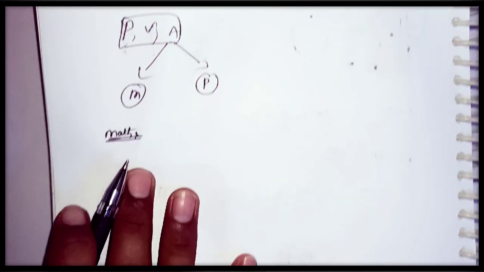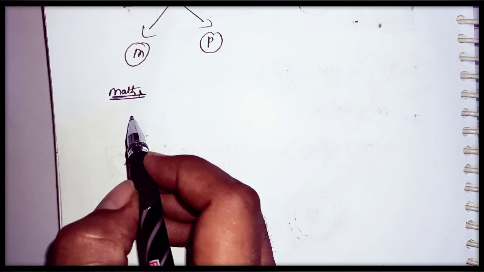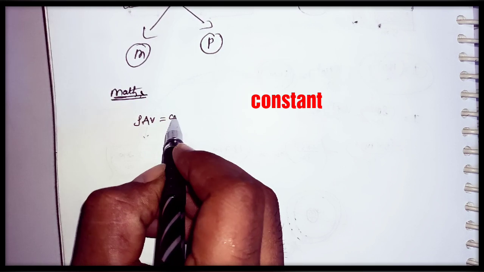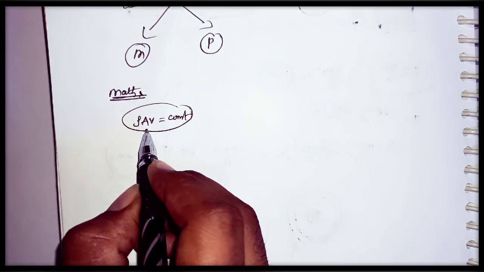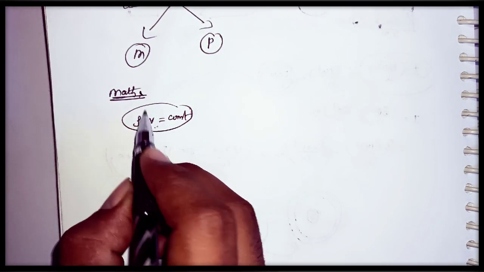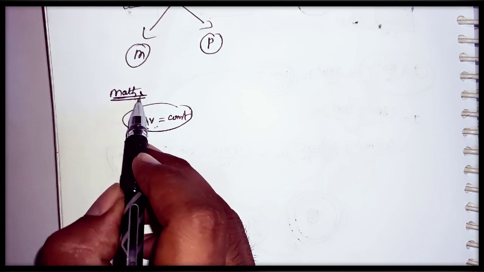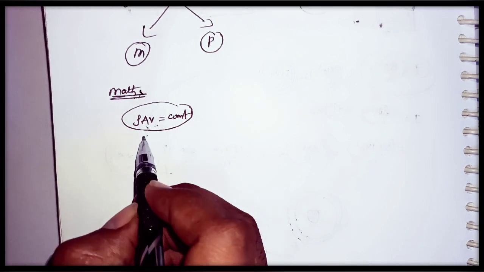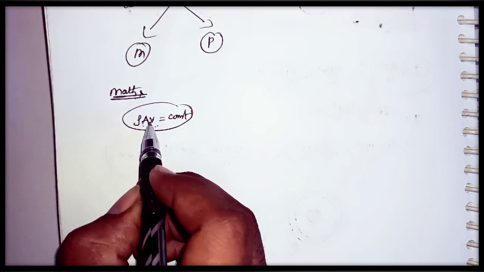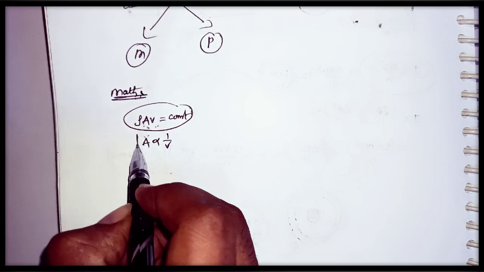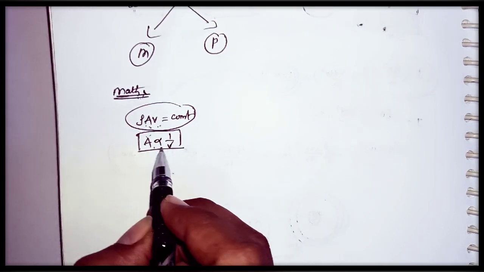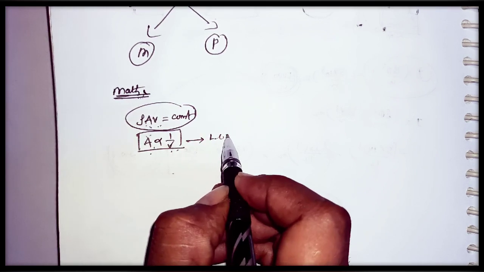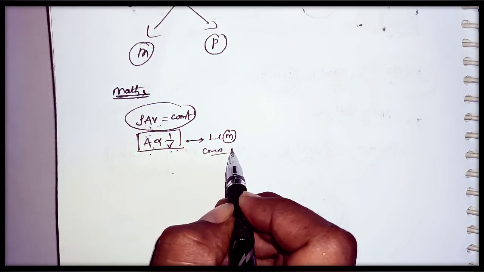As we know, the continuity equation according to the law of conservation of mass is rho AV equal to constant. Here I am showing the mathematical relation between area and velocity, and after that I will show you the physical form, how the relation works between these three things. As we know, the area and velocity are inversely proportional. This is regarding the law of conservation of mass, that is, the continuity equation.